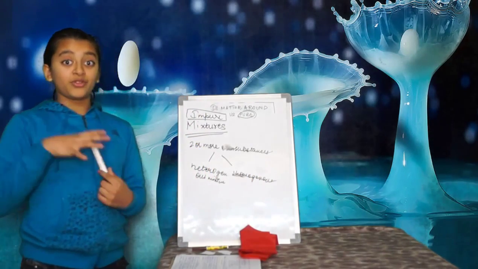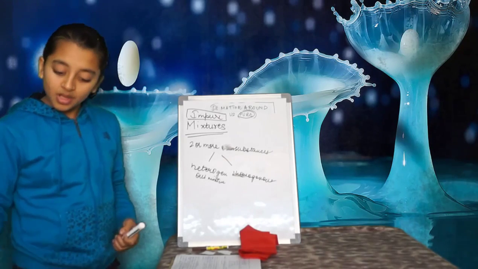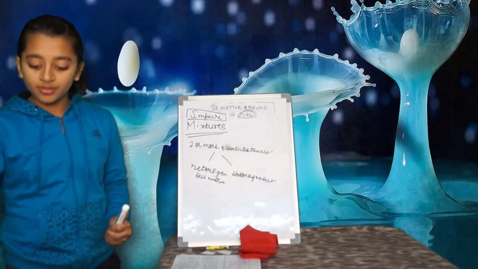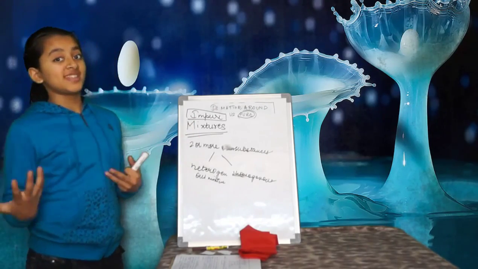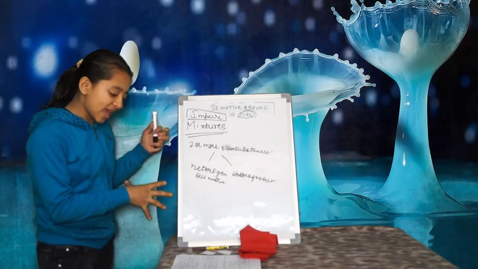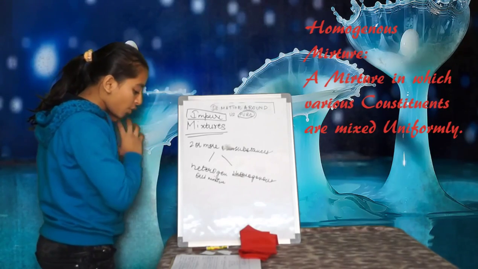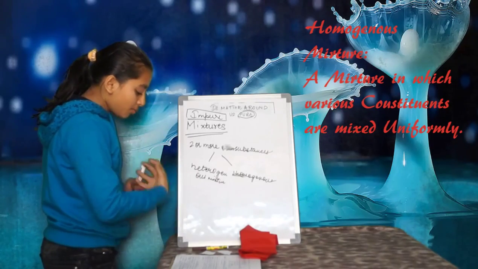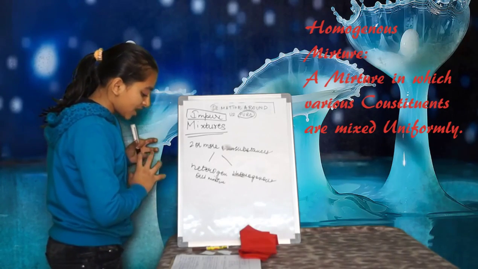So friends, if you are getting confused about where it is in the book, you can go to page number 15. What's a solution? But just before this, there is an activity given in which they are distinguishing between homogeneous and heterogeneous mixtures. So, before going on to its types, I'm just going to give you every property of a mixture. That is, a substance which consists of two or more substances which may or may not be elements or compounds, and are both mixed together in a physical state in any proportion, but not chemically combined.